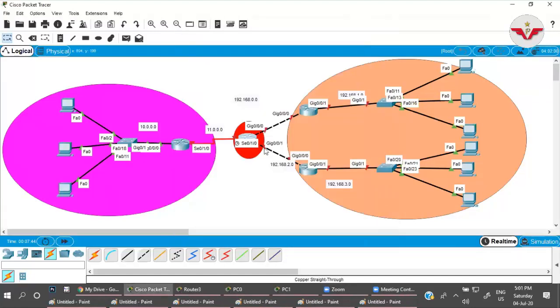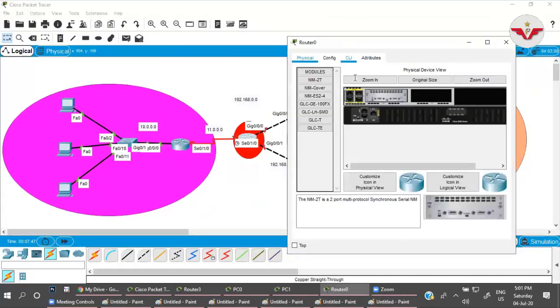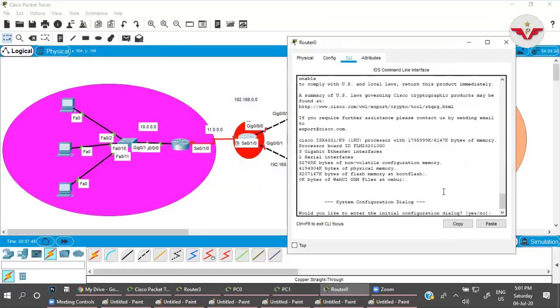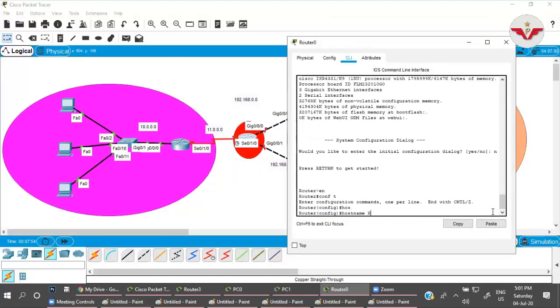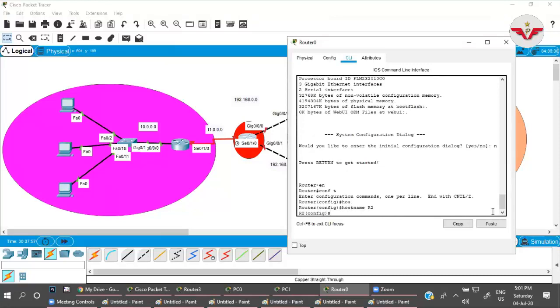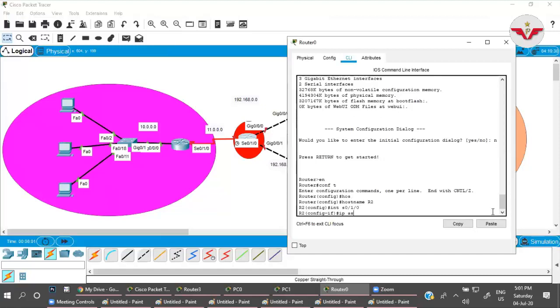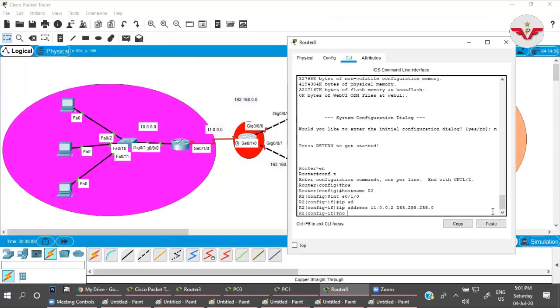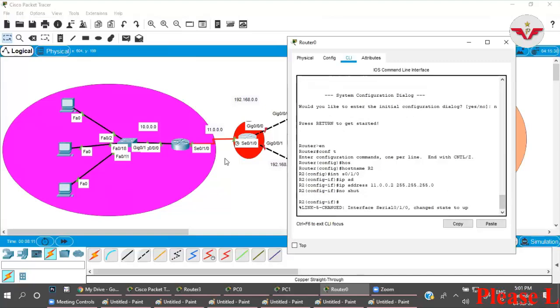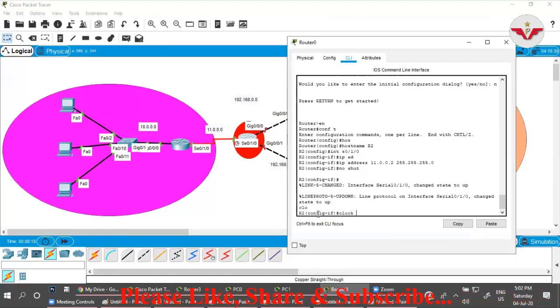Let us come to this R2. Enable, config t, hostname R2. Interface serial 0/1/0, IP address 11.0.0.2. No shut. As it's a serial interface and this is the DCE end, the controller end, we will configure the clock rate here.